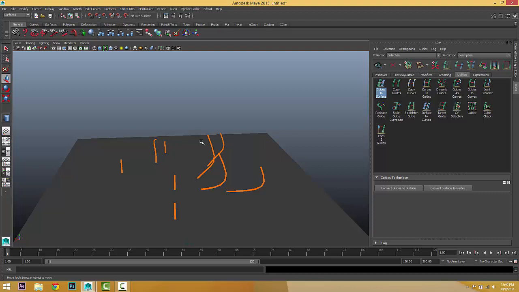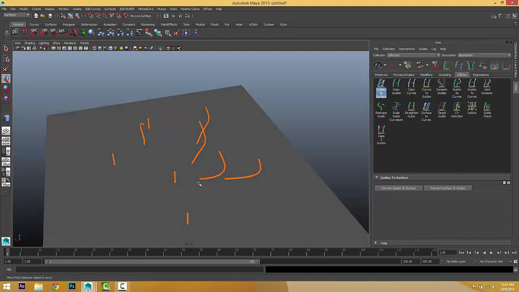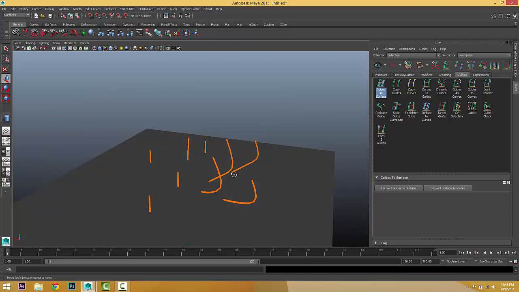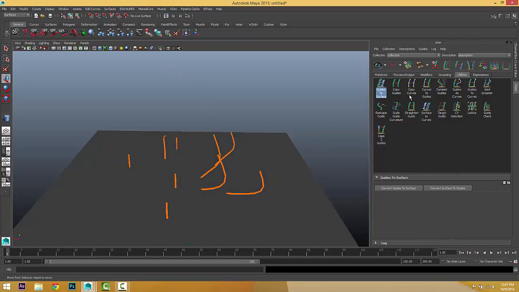Then you can model or change the shape of that surface to whatever you like. Then you can convert back to guides, and you will get all the advantages in terms of modeling the surface to shape the guide to whatever shape or style you want. Especially this is very useful when you create hair, or especially long hair. It's really amazing.